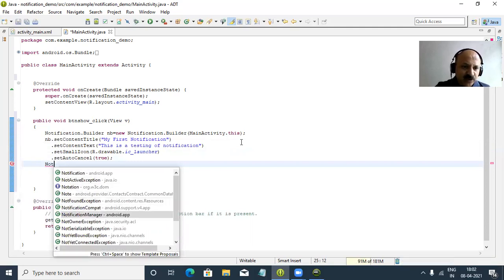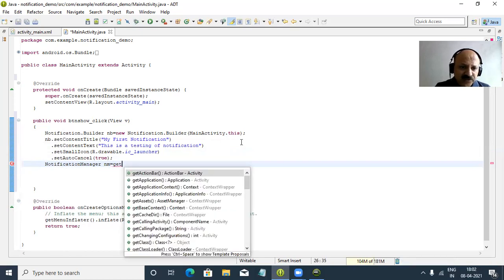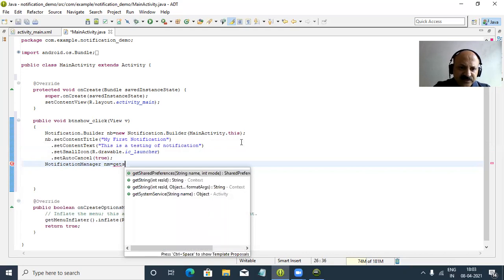You can look here, android.app, and I give the nm, yes, and we can provide the notification manager class and assign the application, so we can provide the memory allocation. So that is perfect. But let us take get system.